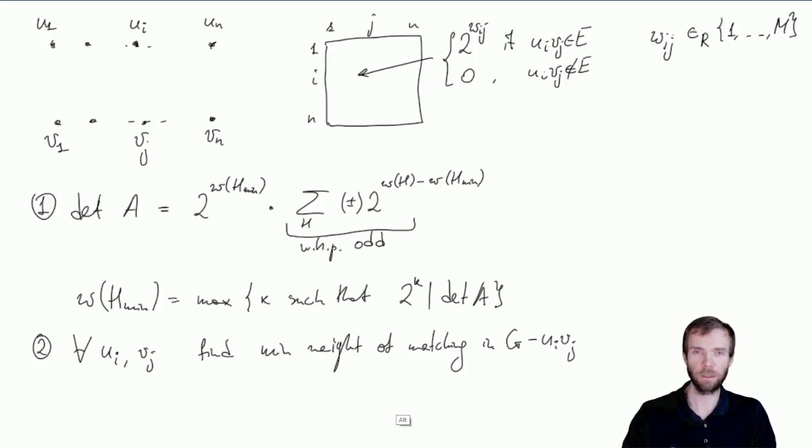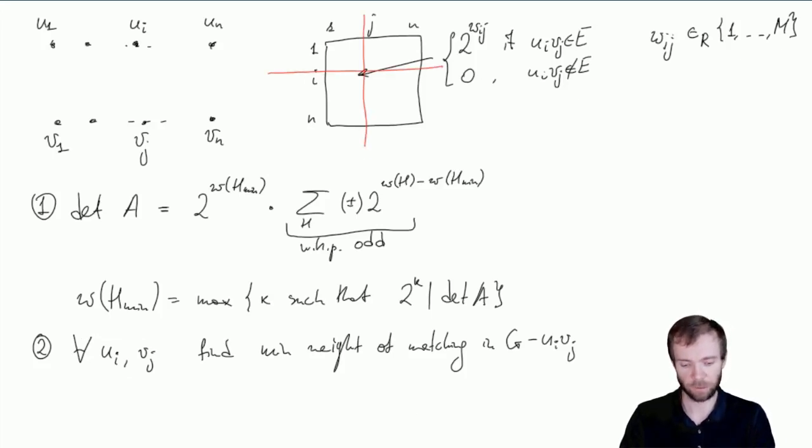So we can do this just by virtually striking out the ith row and the jth column, and considering what is called a joint of this element, the ith element, the determinant of the matrix without this row and column. So let's denote the corresponding minimal weight of the matching in this graph by W of H min ij,